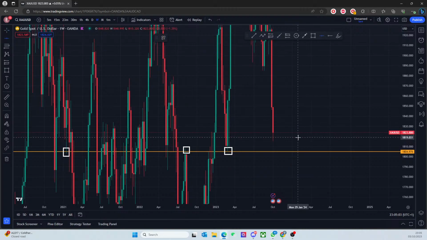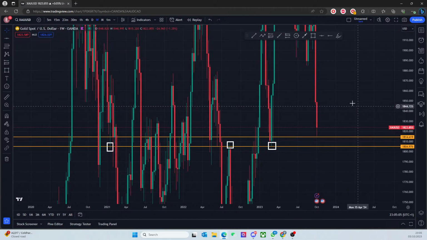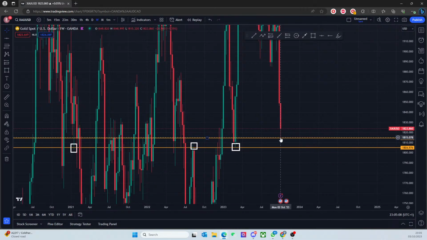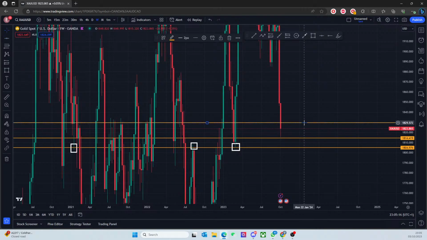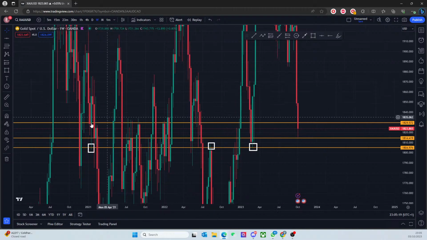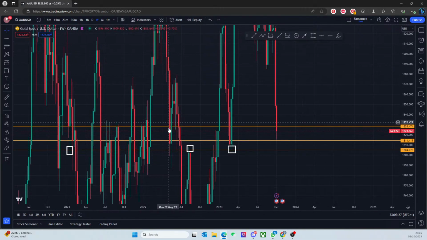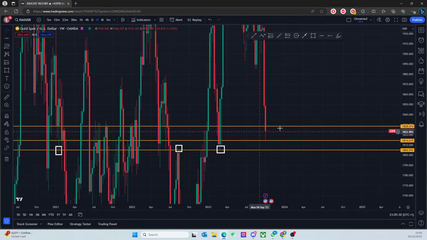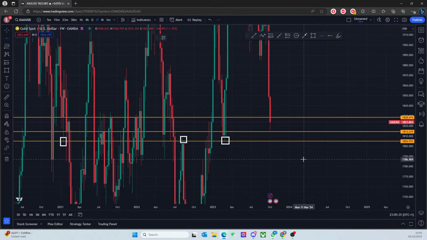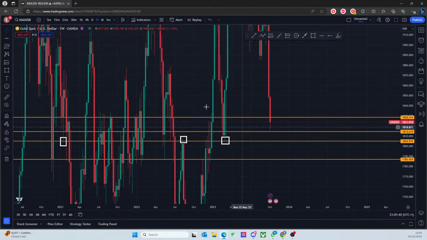So I'd say you also have a bit of structure around here. So if price has tapped here, we could be looking to grab liquidity. Grab liquidity around, I'd say what was the range above here? I'll say the range above here is here. You close below, drive, respect, drive, respect, drive, fake out, drive down, close below here, you fill the range down to about here. You close in below here, you filled to around here. So I would say 1805 is definitely going to get tapped. And then your next area that you're looking to get tapped is around 1786. So just keep those in mind.